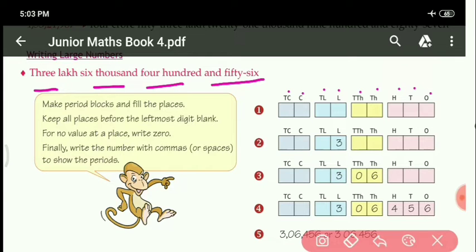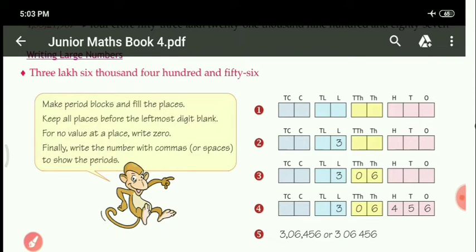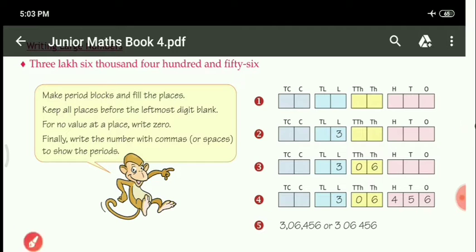Okay, so here you can see the second step. In the lakh place, what is coming? Digit 3. Okay, next, the 1000 place is 6 only, because the 10,000 digit is not given, so here we will write 0 only. Next, the 100 place digit is 4, as you can see here, and in the tens place the digit given is 5, and the ones place is 6. Okay, so the required answer number is coming here.